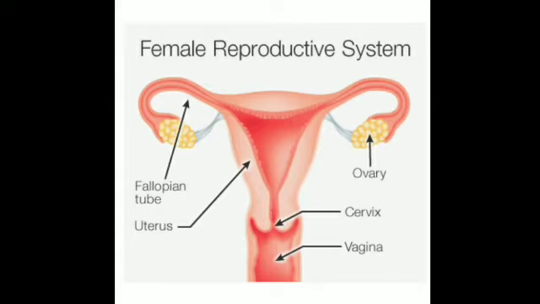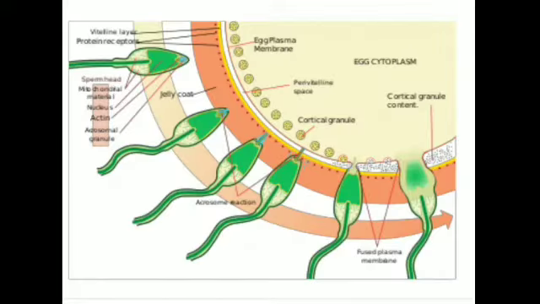Next is, what is fertilization? I told you that sperms enter through the vagina. They are deposited in the vagina of a female through the penis during sexual intercourse, and the sperms move with the help of their tails. I have told you that the sperms have tails for movement, and through the movement they reach the